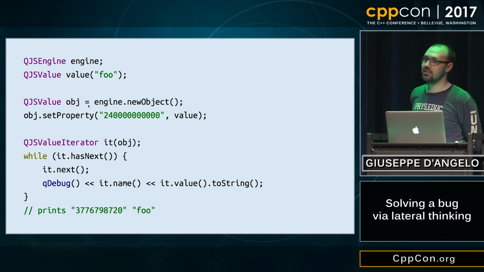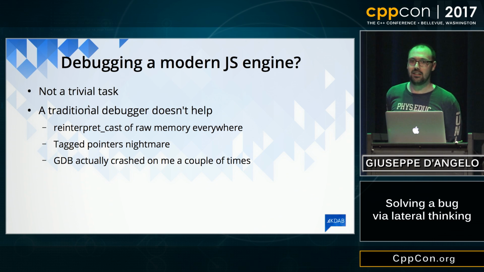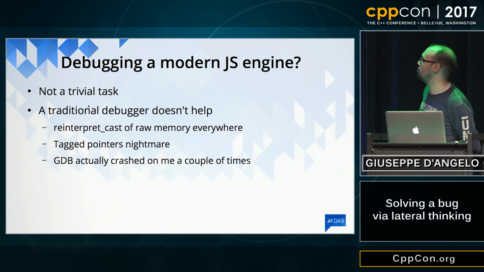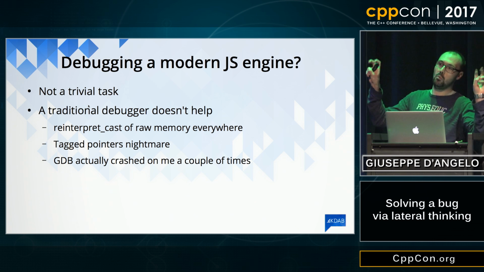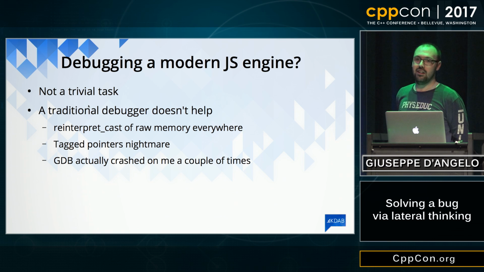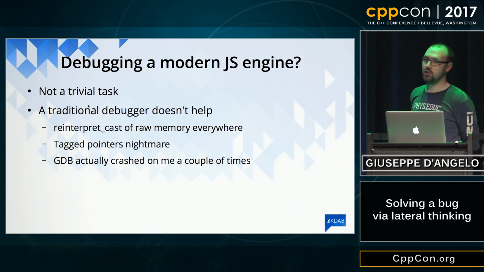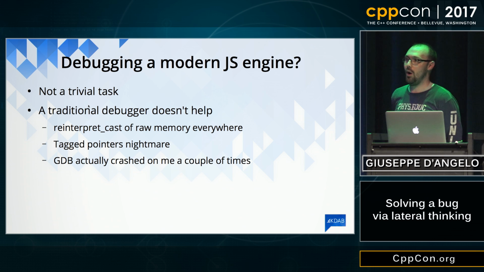So, okay, here we go. I open GDB and start debugging the JavaScript engine in Qt. Well, that's not exactly a trivial task. I don't know if you ever tried to debug a JavaScript engine, but a modern JavaScript engine is anything but a trivial code base. It will use all sorts of trickeries to optimize its performance. Every time a standard says, yes, this is undefined behavior, but in practice it works, let's use it, why not? Let's tag all the pointers, because when you allocate a pointer, pointers have extra bits of unused space. Let's put information in there. And so GDB crashes in my face a couple of times and couldn't go anywhere.